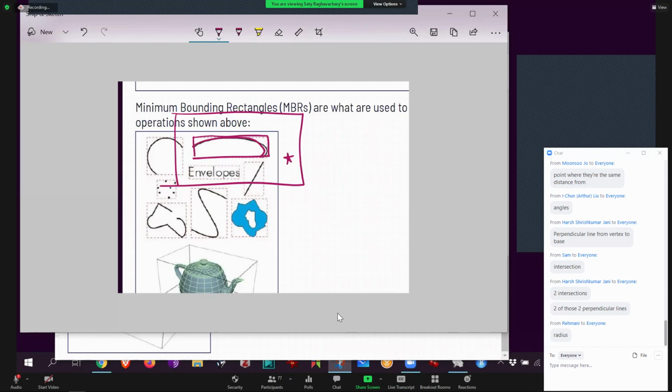If this was the MBR, as a first approximation, I would leave the curve alone. I'll find out if the point that is given to me is inside the MBR or not. And now the answer is yes. So I'll probably have to then do one more calculation needlessly to find out if this point is really near this curve or not. Thankfully, the answer is no. So I'll tell the customer no. But I had to do the rest of the calculation because the MBR lied to me.